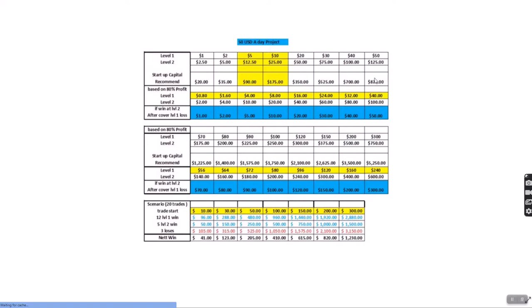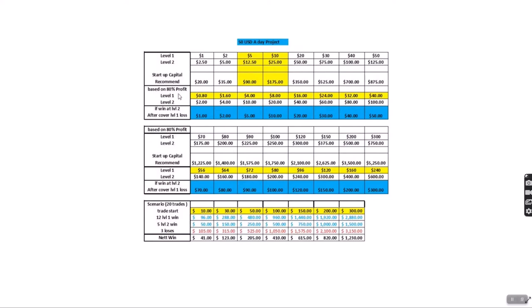If you have less, you want to risk a lesser amount of money to test out the method, or you want to start small, then you go with $20. If you have more money, you can start off with $90. And if eventually you start at $90 and your account becomes, for example, 175, do take out your initial capital first, then restart from scratch, then go up again and slowly scale up. So if you have, for example, 1,004 as your account size, per trade you can go like $80. Level 2 you can go at 200.